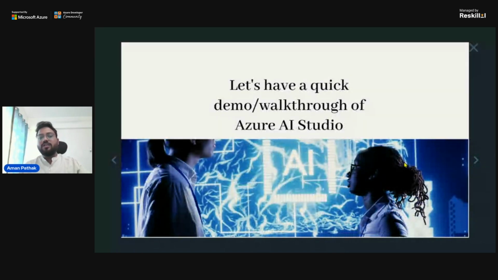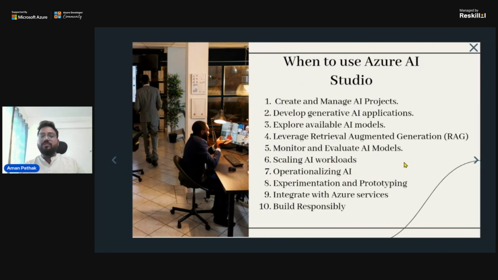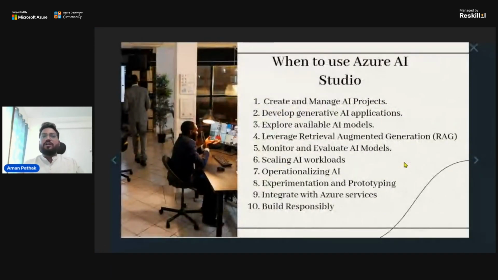Now the next point is we have learned lots and lots of things about the Azure AI Studio. We have learned what Azure AI Studio is, an overview of it, key features, capabilities, how it does the data flow. We also saw a quick walkthrough that definitely helps you when you go to Azure Studio in your own projects, how to train this model, which model you have to select, which are the popular ones. But we have learned so much, and now the question that comes here is